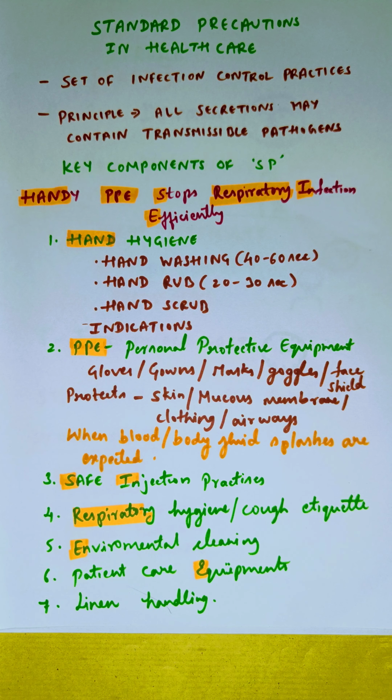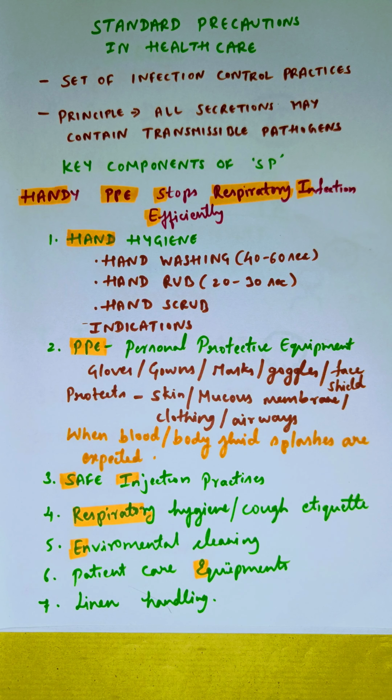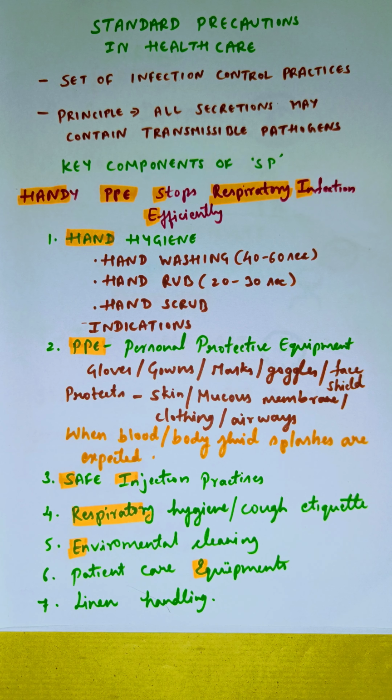Hand rub takes around 20 to 30 seconds, which is half of the hand washing time. Here you use an alcohol based rub on all areas and rub the hands until they become dry. Hand scrub is done before surgeries. If it is the first wash of the day, before the first surgery, you take around 5 minutes to wash your hands properly. In between operations, hand scrubbing takes around 2 to 3